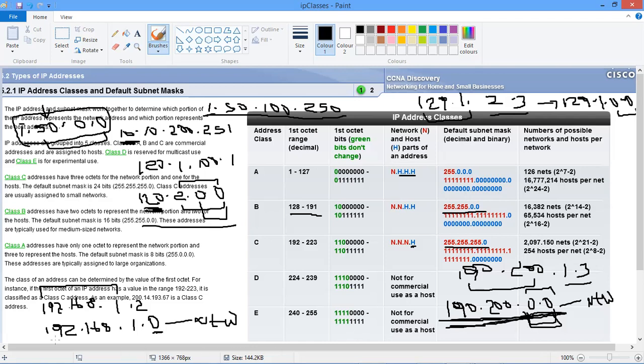Look at this particular one now. This is a network address. Whereas 190.200, for instance, .1.0 is not